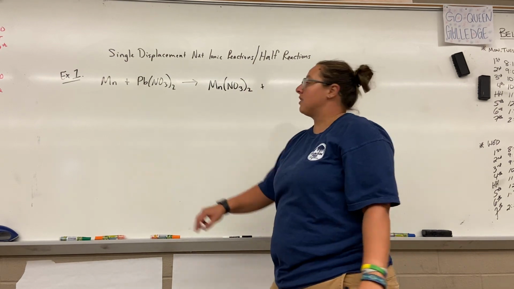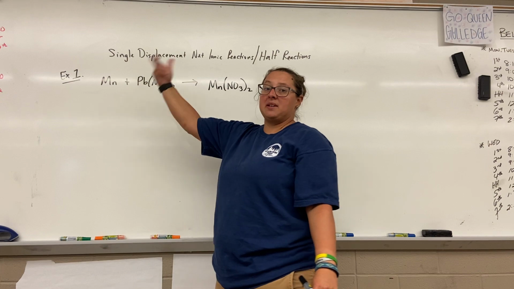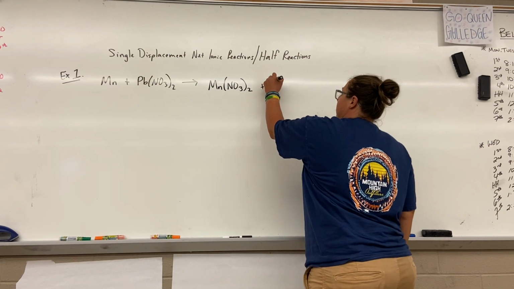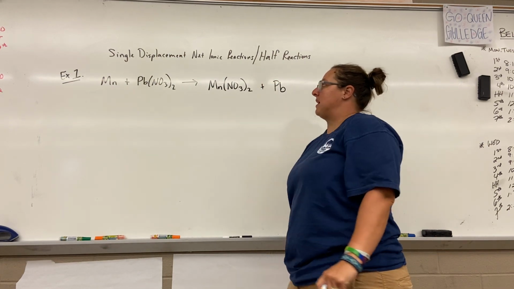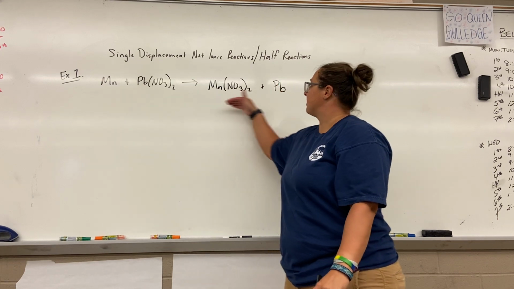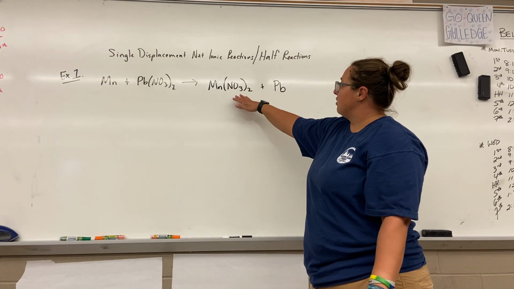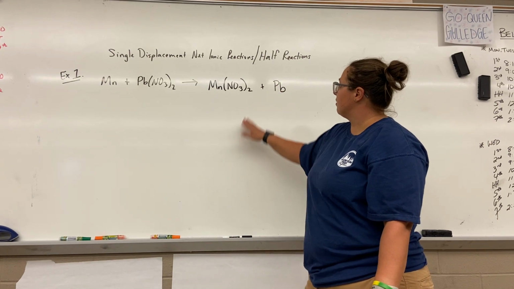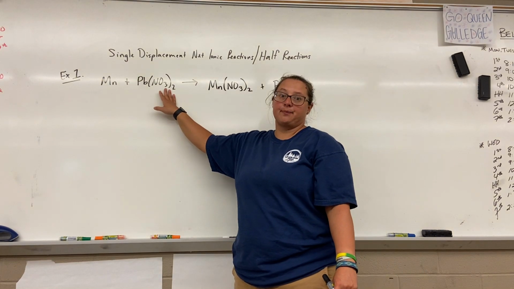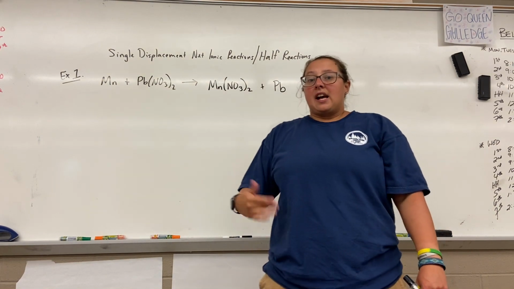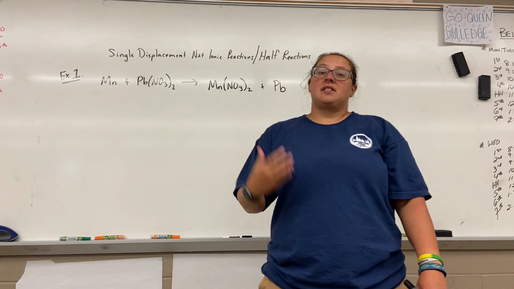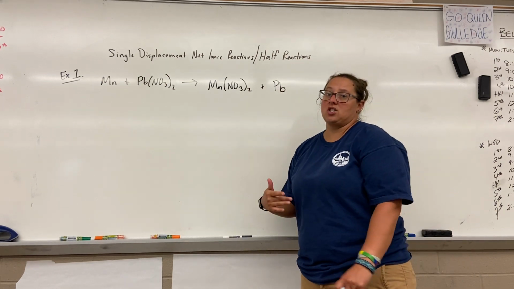Then we have to write our other product, which is Pb. So Pb is kicked out by itself, so it's going to make Pb like so. Okay, so we have predicted our products. If you want to, you can go ahead and balance the reaction, which it looks like it's good to go right here. Okay. Now, our next step, just like we did for the double displacement net ionic equations,